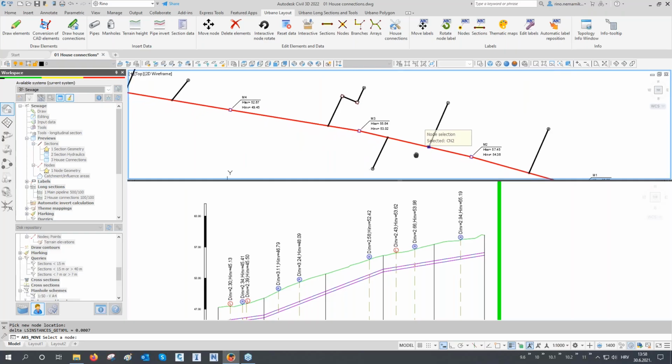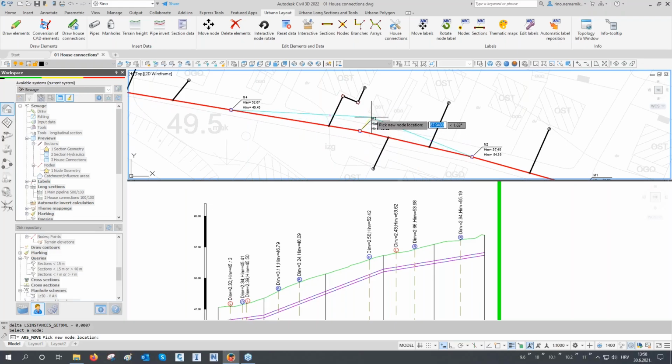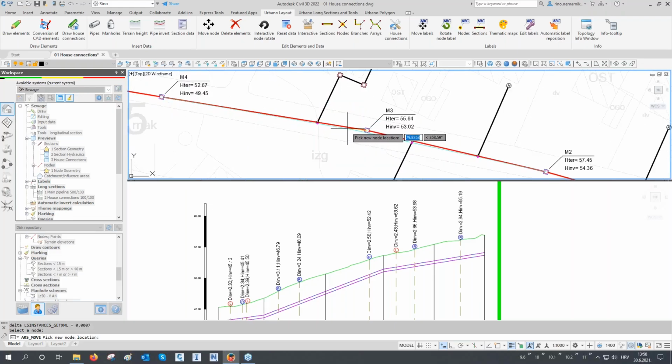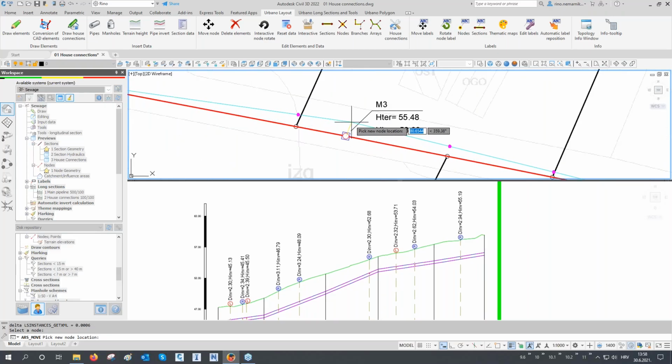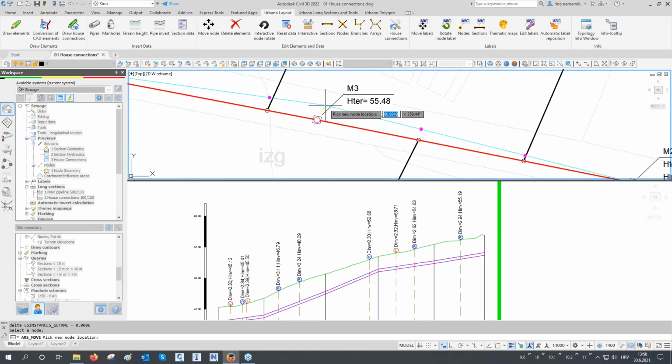But one thing you have to know: when you are moving a node on a main channel, the house connections will remain connected. Let's do it, for example, like this. Everything will remain connected, and you see these magenta points. These points are telling you where the position of the new house connections will be. What is kept is the fixed distance from the fixed node. So I'm moving this node, but you can see that the distance from the node of the section that I'm not moving is fixed. But if that distance cannot be kept,